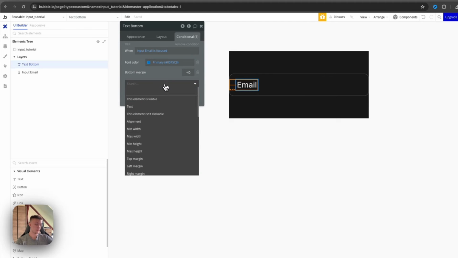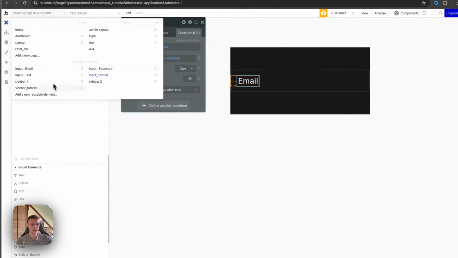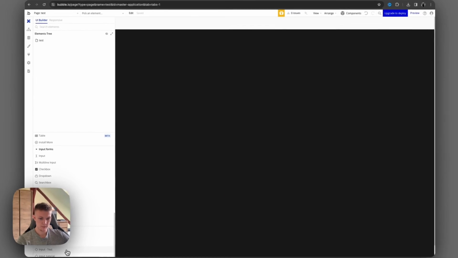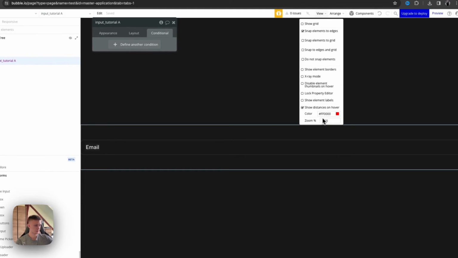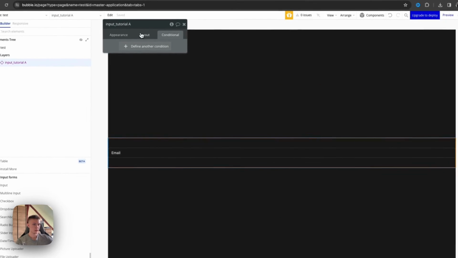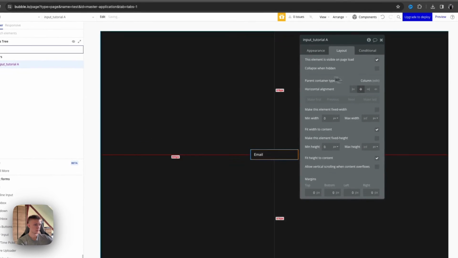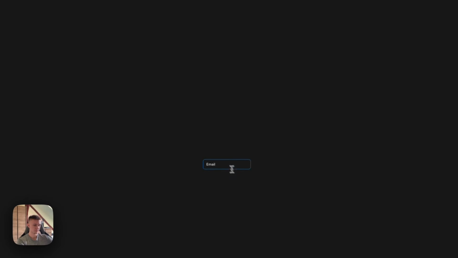Let's make the size 12. And again, just so I know, let's go to test page. Let's delete this. And let's grab this input, which is going to be input tutorial. Let me actually go to 100 zoom. Let's make this fade height, fade width. It's in the middle. Same thing here. Awesome. So if I was to just preview this,